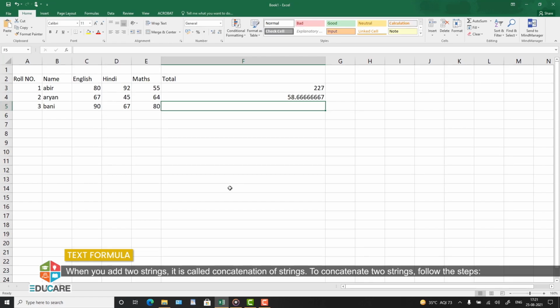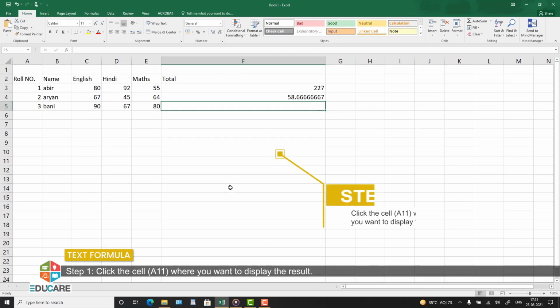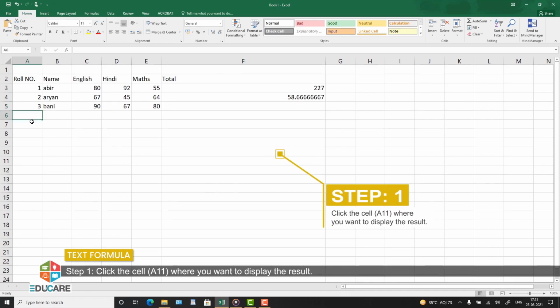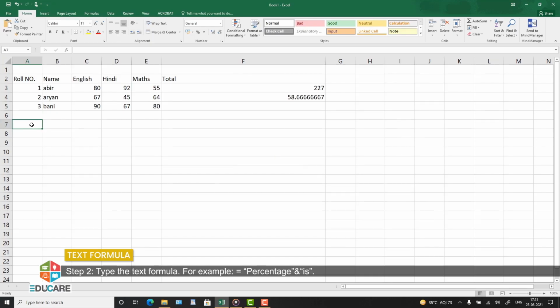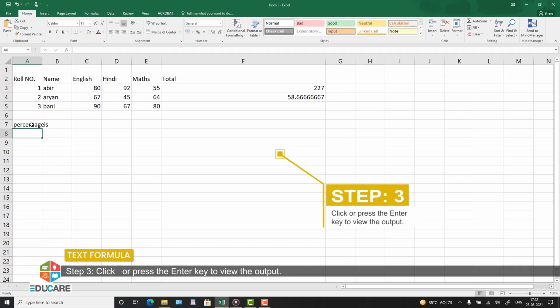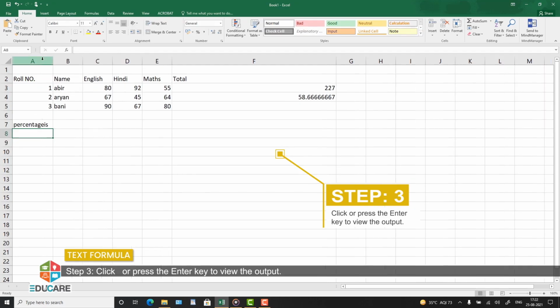To concatenate 2 strings, follow the steps. Step 1. Click the cell A11 where you want to display the result. Step 2. Type the text formula, for example, equal to percentage ampersand is. Step 3. Click or press the enter key to view the output.